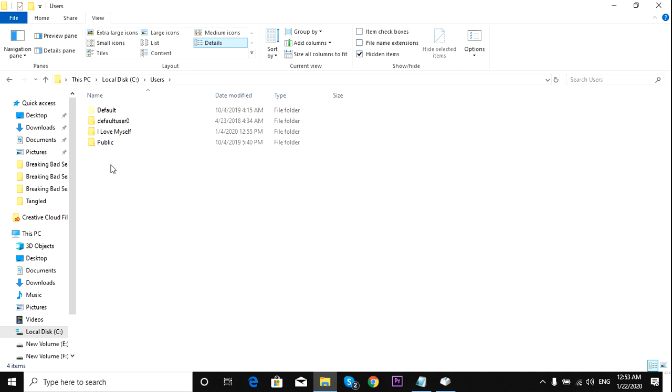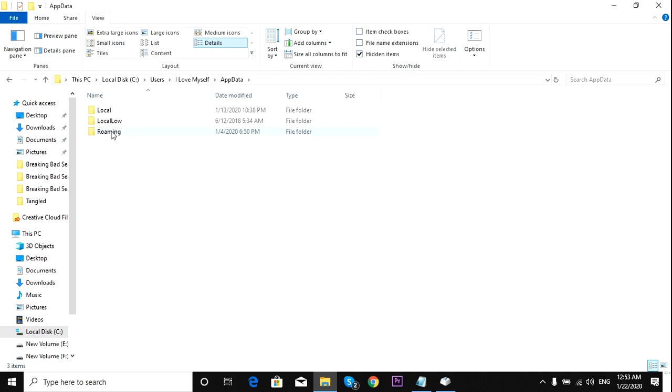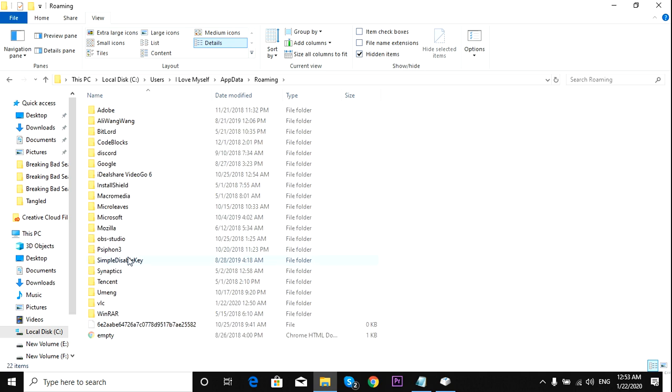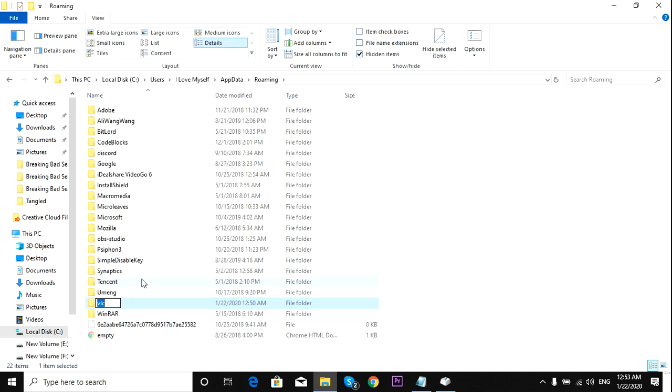Your username on the computer. For me it's I love myself. And then you're gonna go to AppData, and then you're gonna go to Roaming, and you're gonna come here, okay, and you're gonna come here, right click, rename, and you're gonna type VLC RC, alright, and then save it,